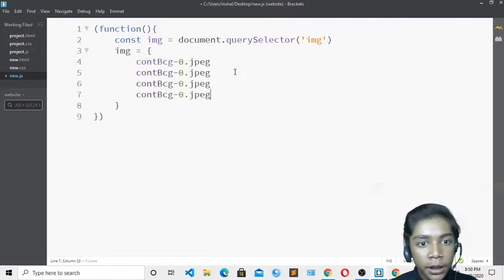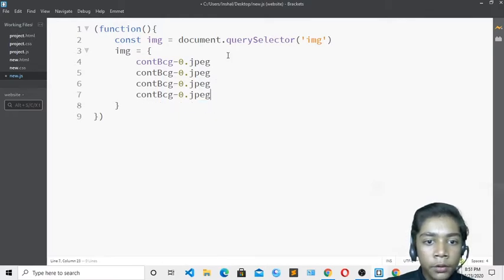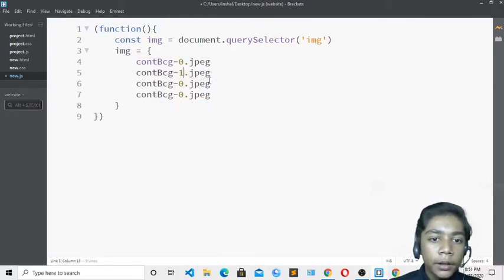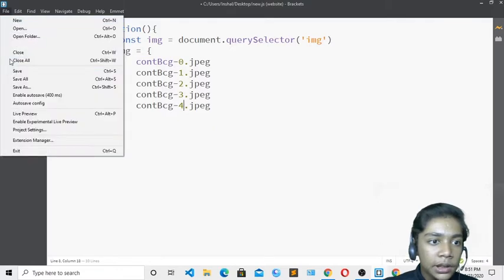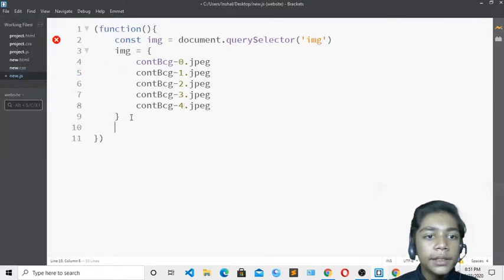I will paste that many times. So I will erase from here. I've changed it to 1, and then 2 over here, and then 3. Then I will paste that again, because I have written 4 images, so I will write like that, and now it is good. I will save over here, and now here I have to write image equal